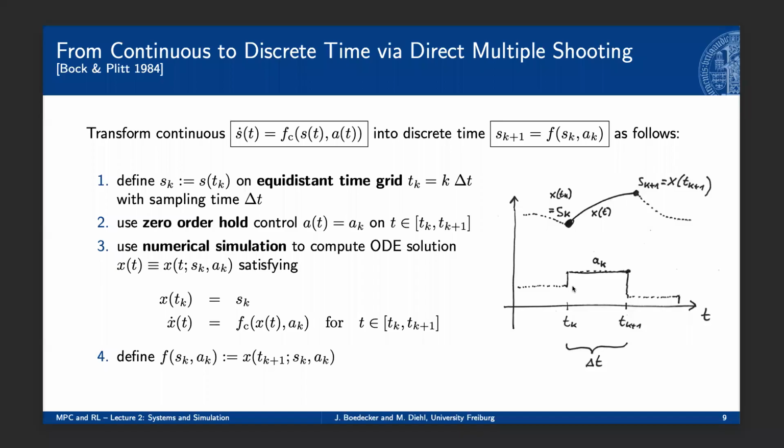And we then define this discrete time transition map, which we call f of S and A, by the endpoint of the trajectory. This notation gets a bit clumsy because of this time grid and the lots of indices and so on. So let me just simplify this